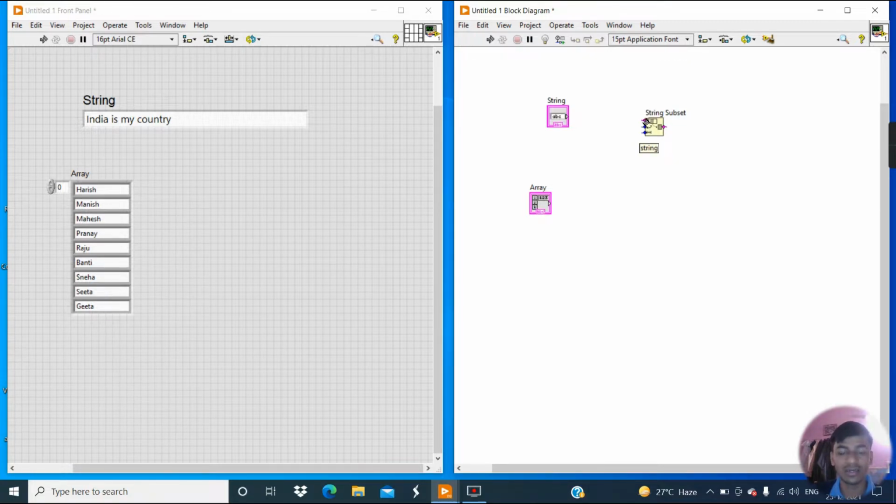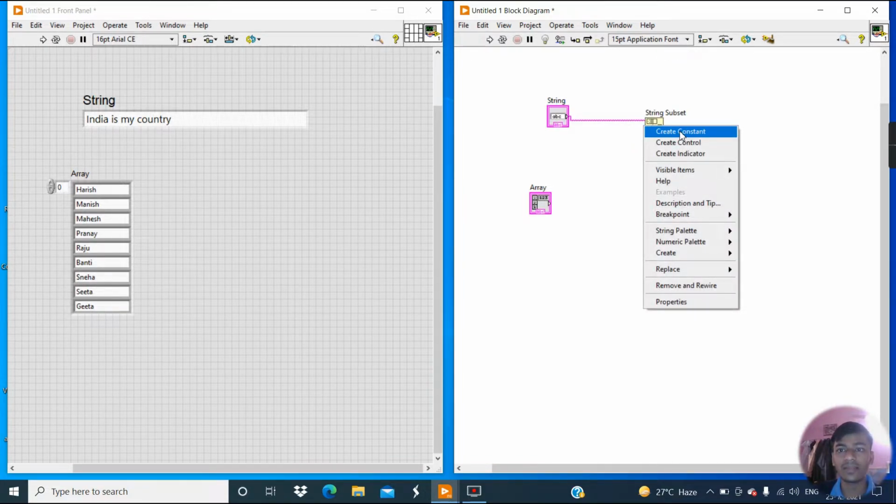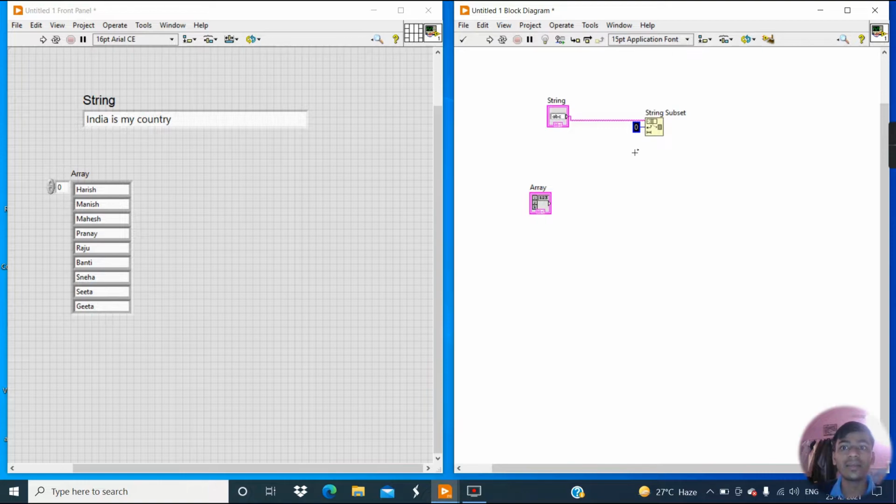First connect this string to the available string input. Now create a constant for this offset terminal and enter the beginning of that word. So here enter 12, because we want only country as a substring. The beginning of country is at 12.